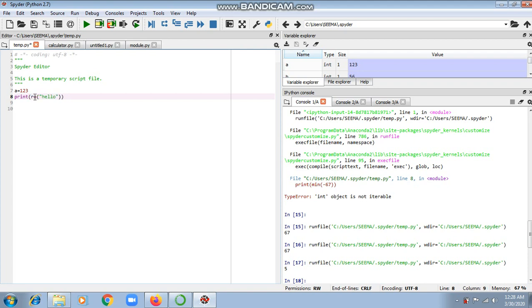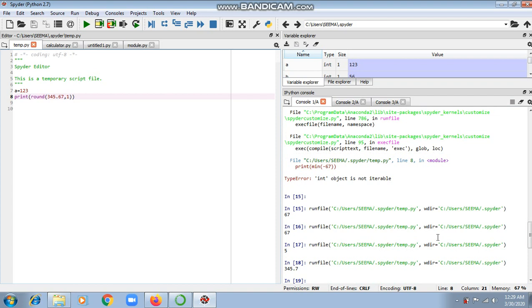Like if we write 345.67 and if we round it off to one decimal place, then press F5. Now it is showing 345.7 because it has rounded off the number 345.67 to one decimal place only.